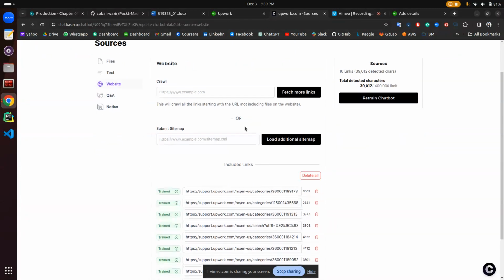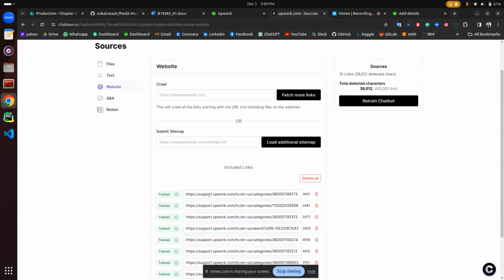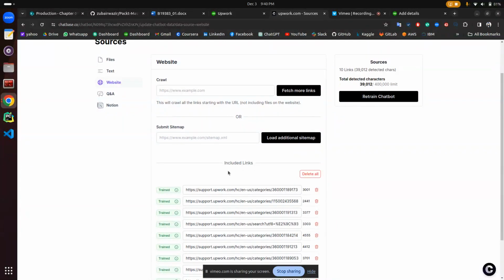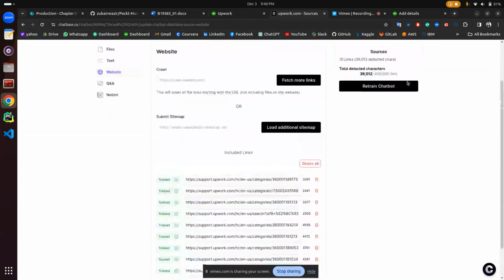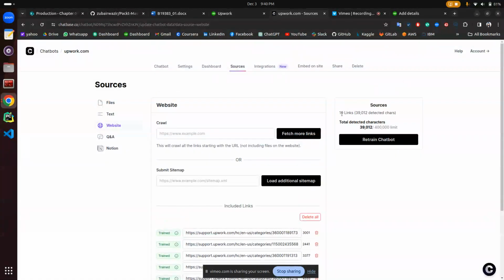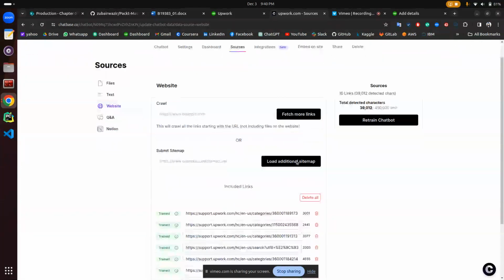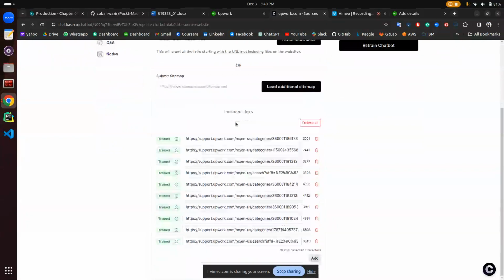So I gave the link from support.upwork.com, and it extracted 10 links because it's a free plan, and also 400,000 is the limit of the free plan. But anyhow, when it's paid, the limit will be higher. And after that, when they fetch the data,